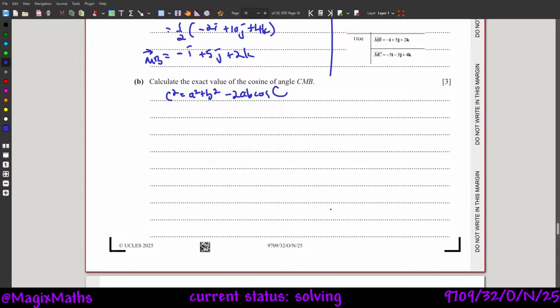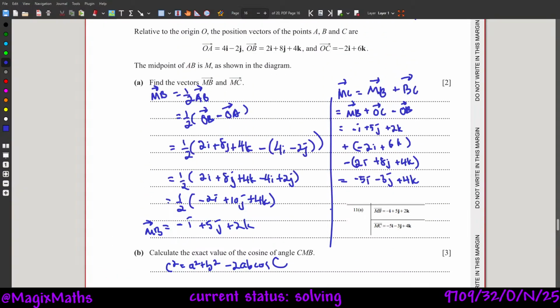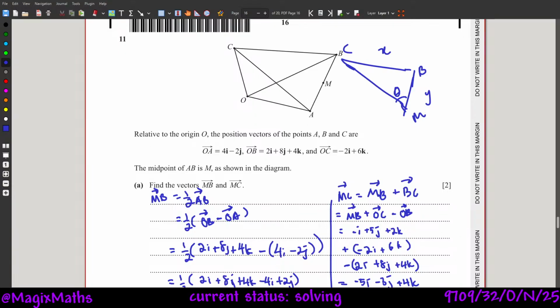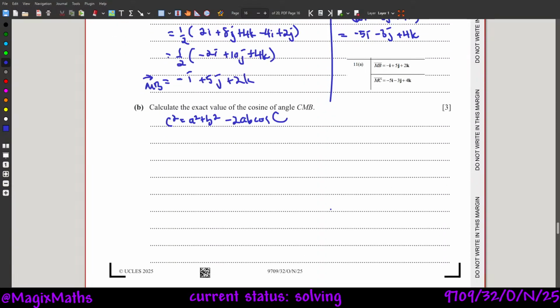Yep, looks about it. But I don't think we have enough value. Oh, but we do have enough value. So we just have to